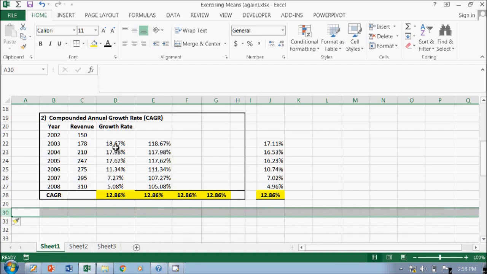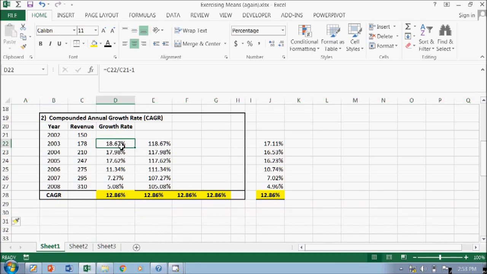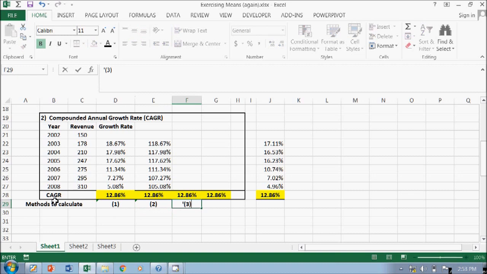So basically, once you get all these formulas, you just use them. This is the first method. The second method, the third method, the fourth method.